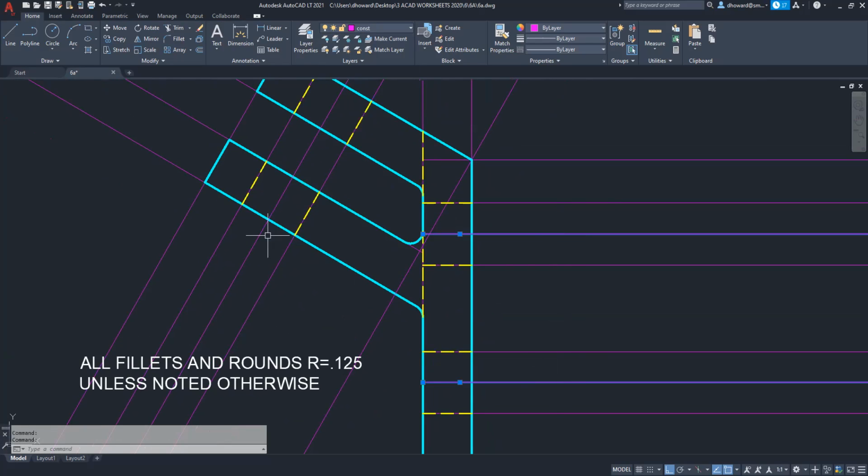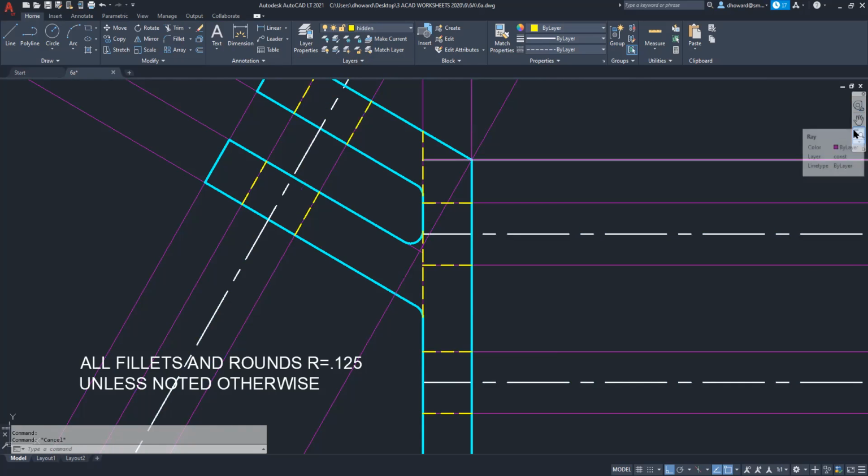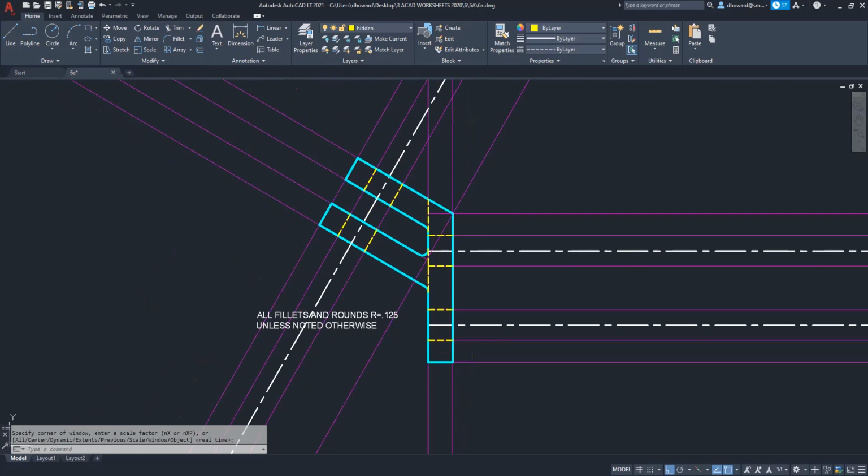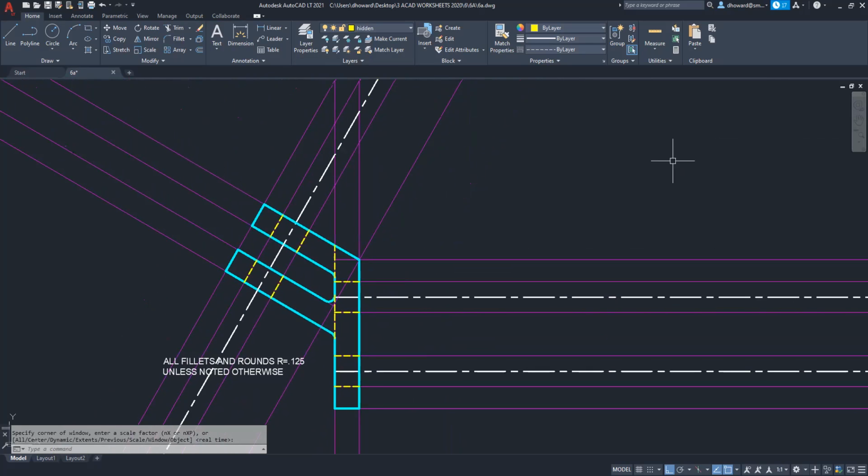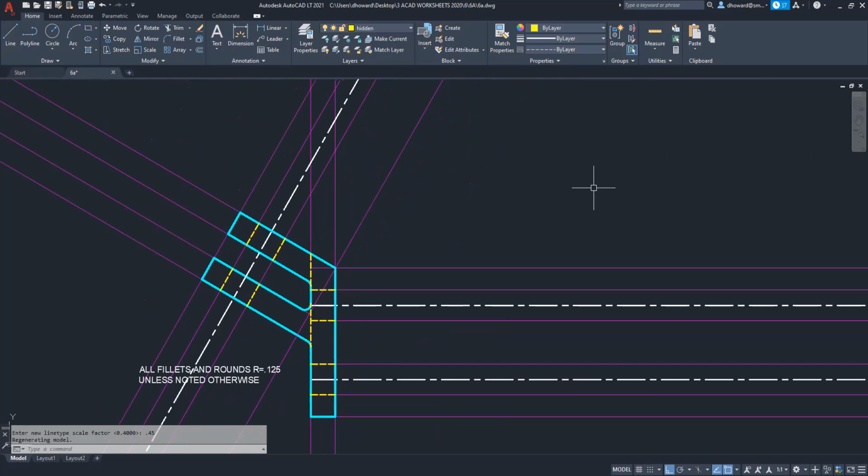So I could grab on these three and just change them to center just to show you what we're talking about here. Could bump that to LTS is a 0.5. Let me try a 0.4, see what that does. So 0.45. Okay,